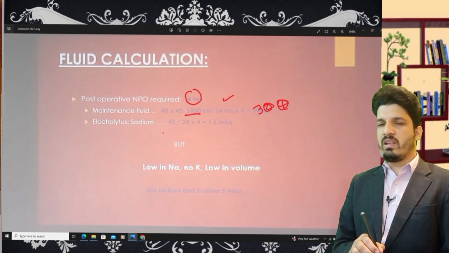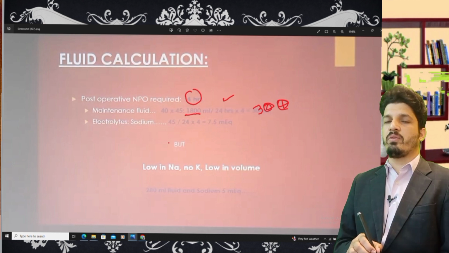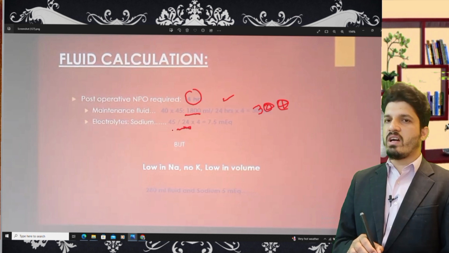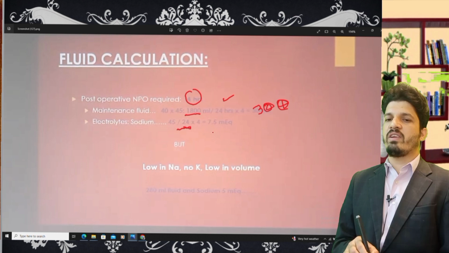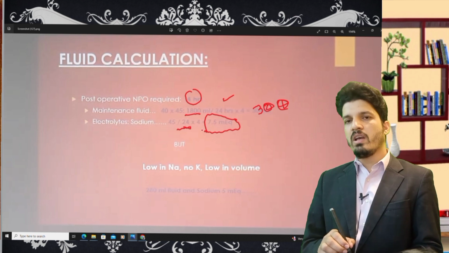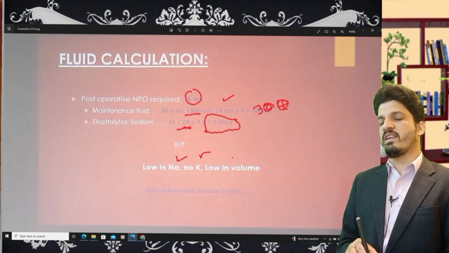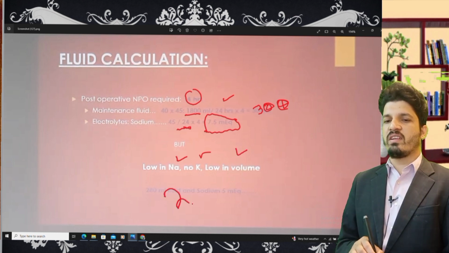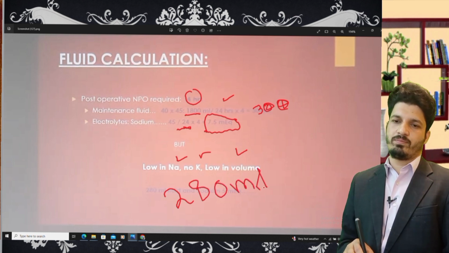definitely its value is 1 milliequivalent per kg. So for a patient of 45 kg it will be 45. We will divide it by 24 to get the value in 1 hour, and we will multiply it by 4 to get the value in 4 hours, 7.5. But again the golden rule, it should be low in sodium, there should be no potassium, and it should be low in volume. So finally after rounding off we will give 280 ml in 4 hours,